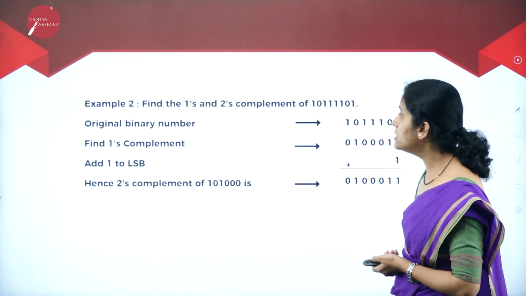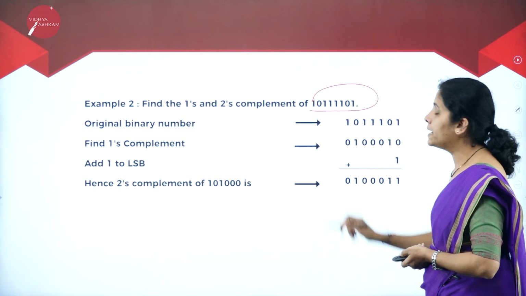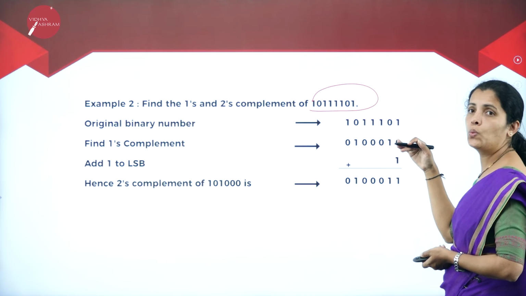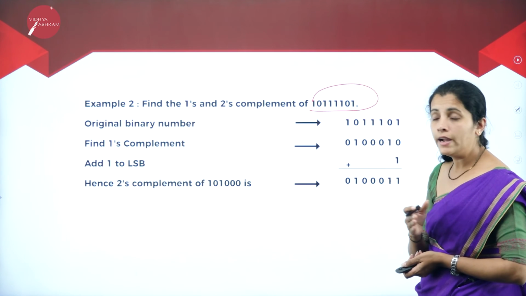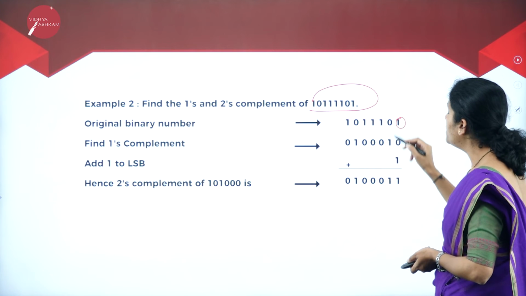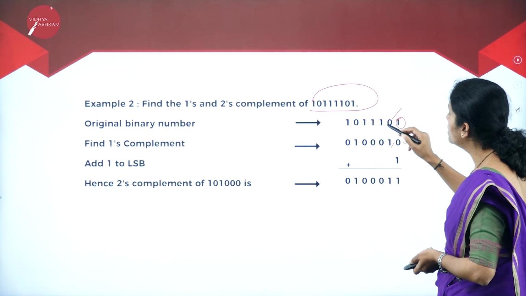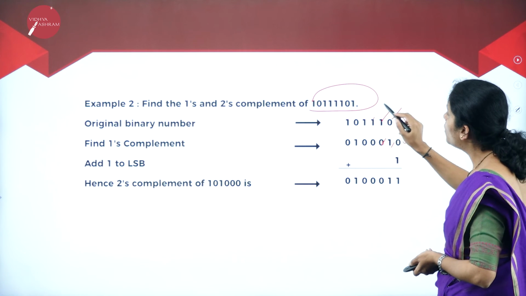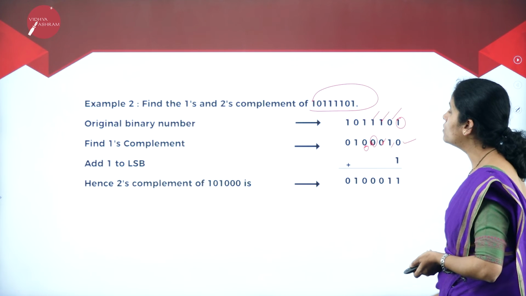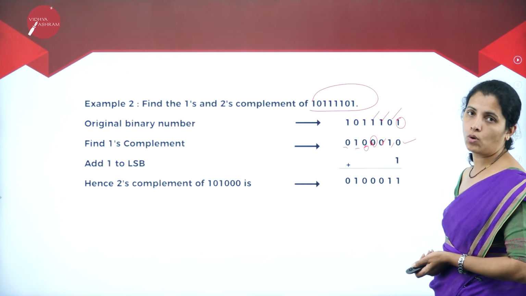Now consider another example here. So I have the binary number. Now I want to convert this binary number to 1's complement. Here at the beginning I am having 1. Complement of 1, it is 0. 0's complement 1. 1, 0, 1, 0, 1. I'm going to make it 0. For 0, I'll write 1. For 1, I'll write 0.